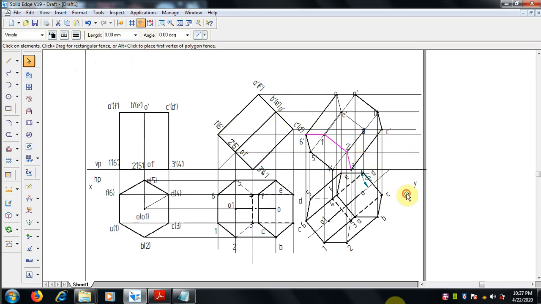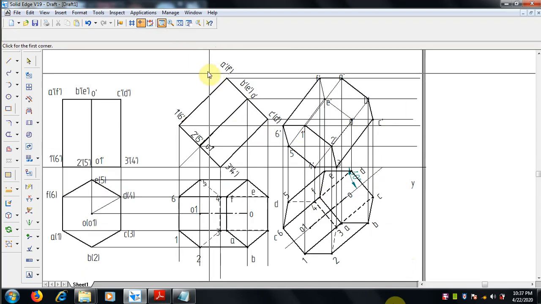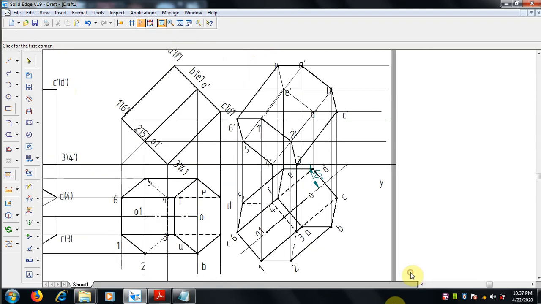Right, so the bottom is fully visible, and the edges which join the visible edge, okay, the long edges which are joined with this, that is also visible. We can make it a visible one. So here 1 2 is a visible edge, 1 6 is visible edge, and 2 3 is visible edge. So which is joining with this, we can make thickness 0.5 mm. So select the line 2 to B, okay, select 2 to B and 1 to A.